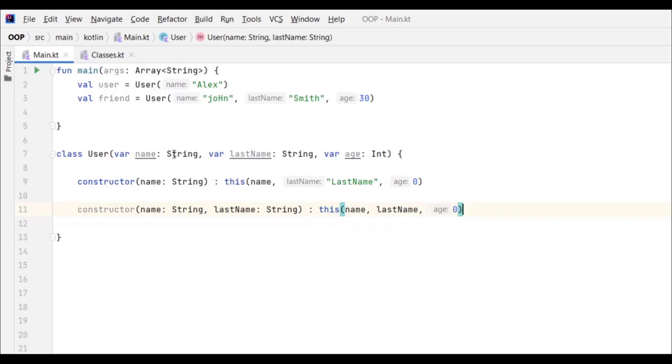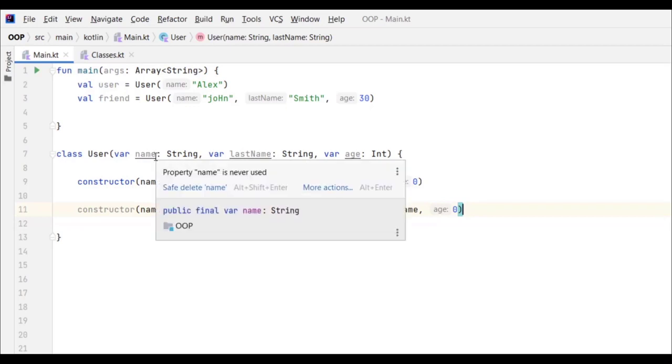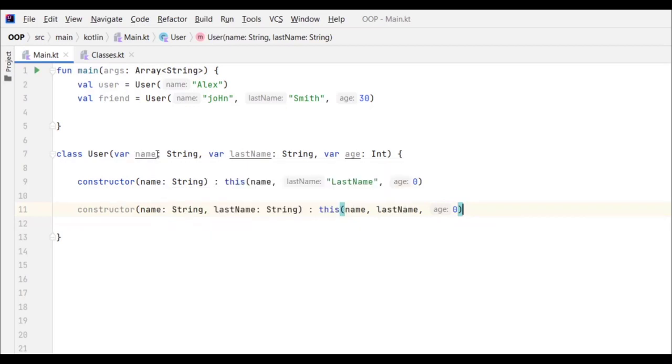But because ultimately the primary constructor is the one which defines the properties, we cannot call the primary constructor and not pass any value. So we pass this default value here, and so now if you go up here and, let's say, I delete the age,